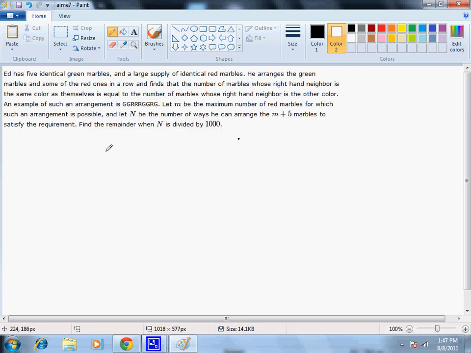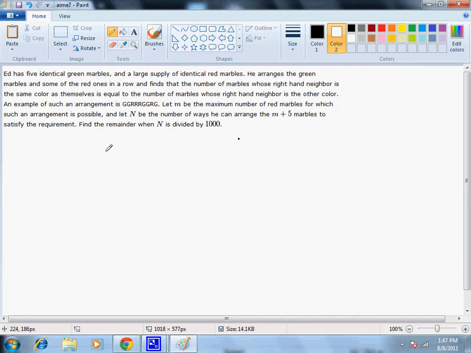So this is problem 7 of the AIME. Ed has 5 identical green marbles and a large supply of identical red marbles. He arranges the green marbles and some of the red ones in a row and finds that the number of marbles whose right-hand neighbor is the same color as themselves is equal to the number of marbles whose right-hand neighbor is the other color. An example of such an arrangement is